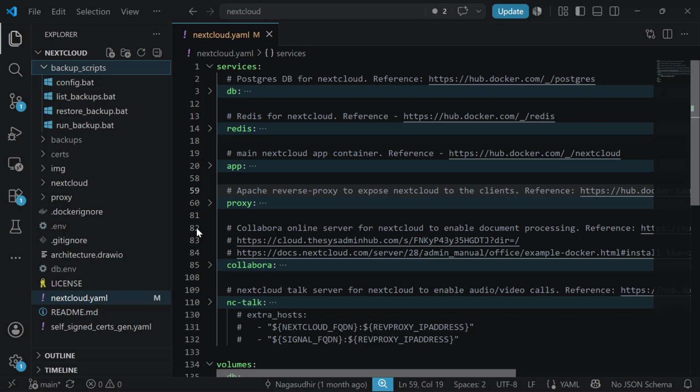Nextcloud. Now one more very important thing, if you want to run a serious Nextcloud setup that contains important files, is how to run the backups and how to restore the Nextcloud setup from a backup. I've already created scripts for that, but we will cover the Nextcloud backup and restore in another video, so